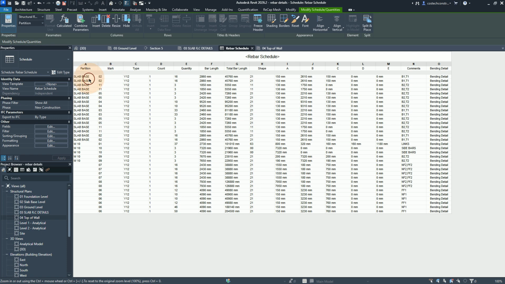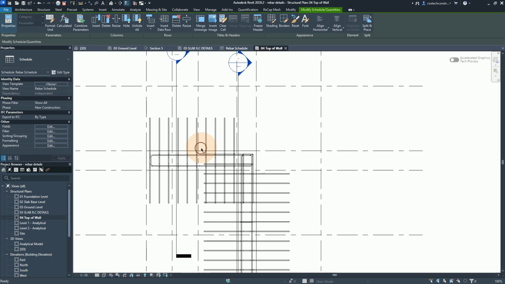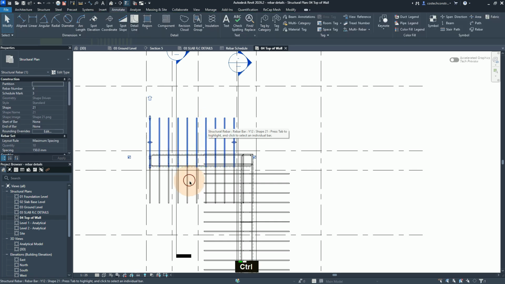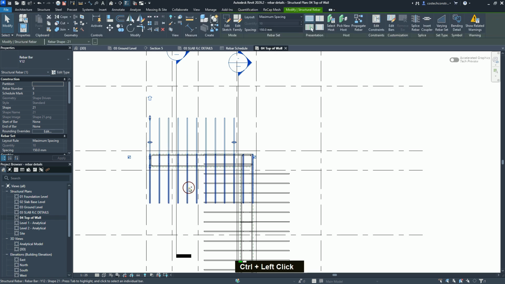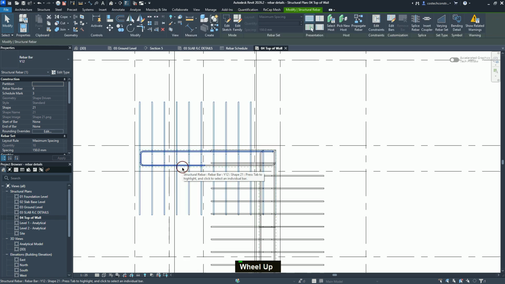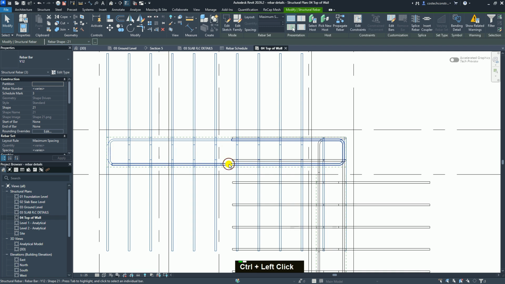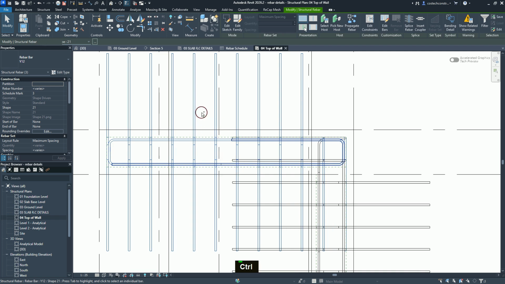For example, you know that all these ones are for the base. This other one for W10 is for the beam. We'll now need to add for wall 8 and 9 here. So we can go to our top of wall. This is wall 8. So I'll select this rebar set, hold Control, select this other rebar set. We can then zoom in, hold Control, pick on this rebar set, and we can also pick on this other rebar set. I will zoom out,